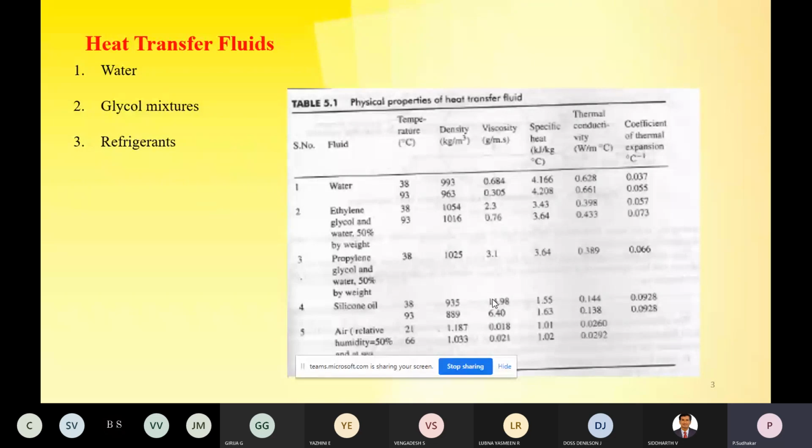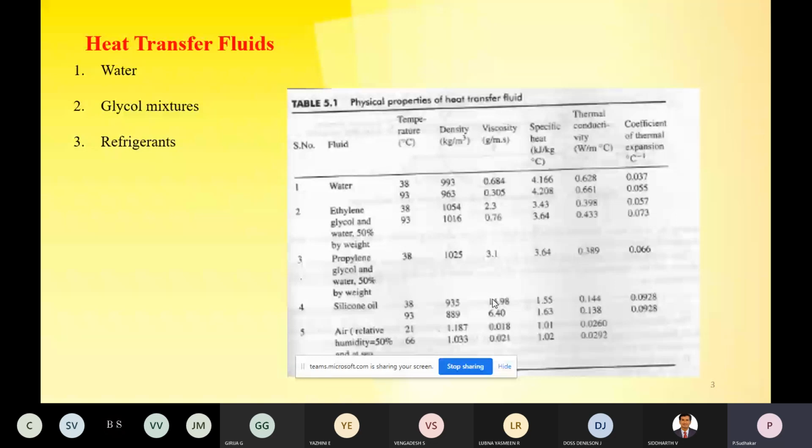It is non-flammable, non-toxic, and non-corrosive, particularly in plastics and metals. It has high heat transfer properties, high density, high specific heat, and a reasonably high boiling temperature. It also has low viscosity. For good quality water, no heat exchanger is required. We saw in the last diagram that a heat exchanger was used. However, the problem arises at the freezing point.